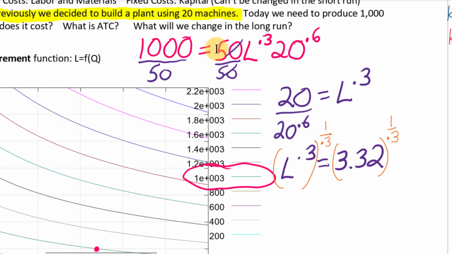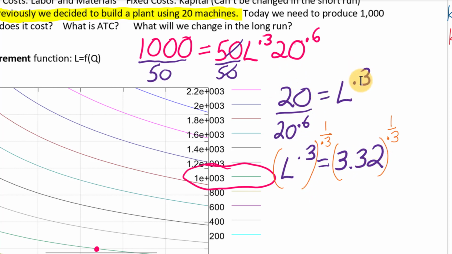Alright, so to solve this, we're going to divide both sides by 50, leaving 20 on the left-hand side here. And then we need to figure out what 20 to the 0.6 is. Divide both sides by that. And when I divide 20 by 20 to the 0.6 power, I'm getting 3.32, leaving L to the 0.3 on